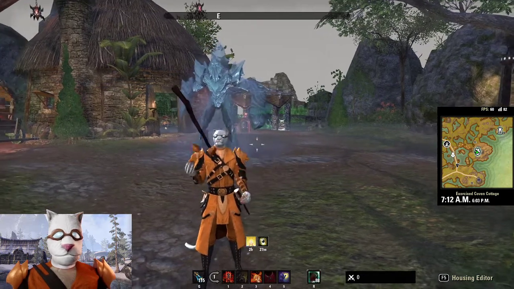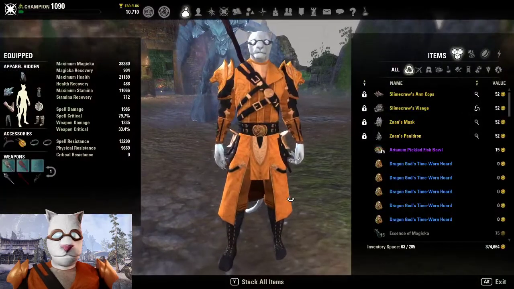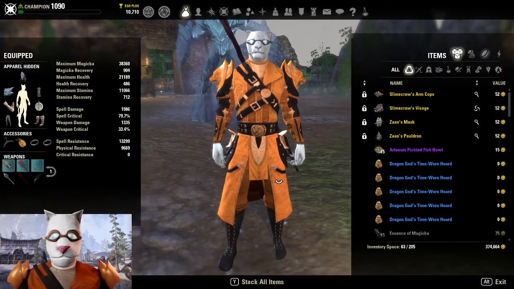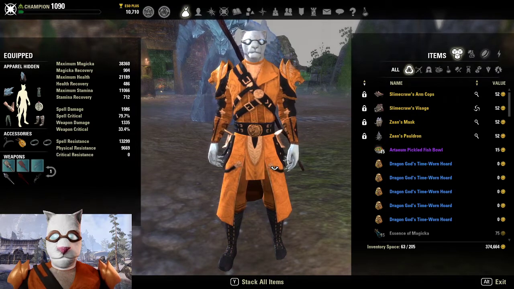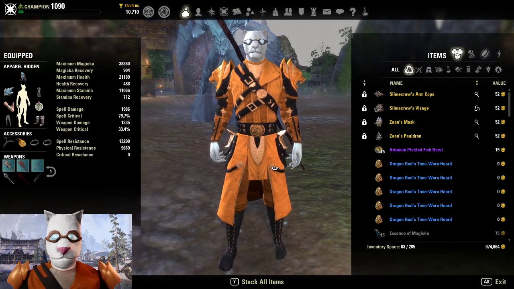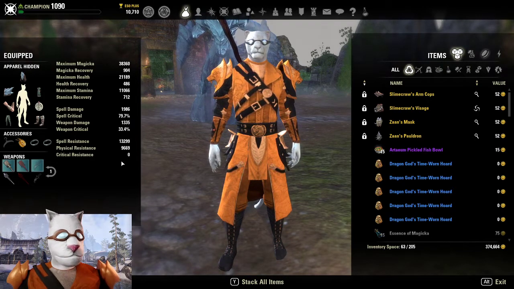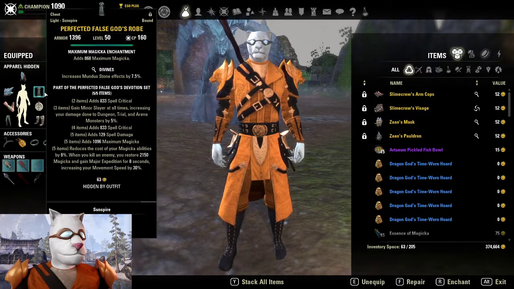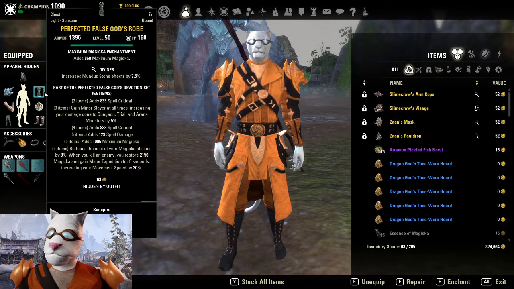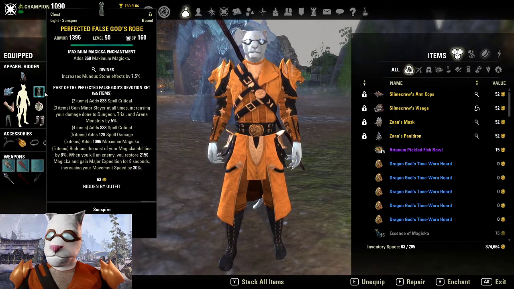All right. First thing we got to do is go into what am I wearing? Right? What's fashionable for a Magicka Nightblade? That's what my guy is. He is a Magicka Nightblade. And right now, the two really good sets that work out well for pairing are Perfected False Gods. This falls in Veteran Sunspire,